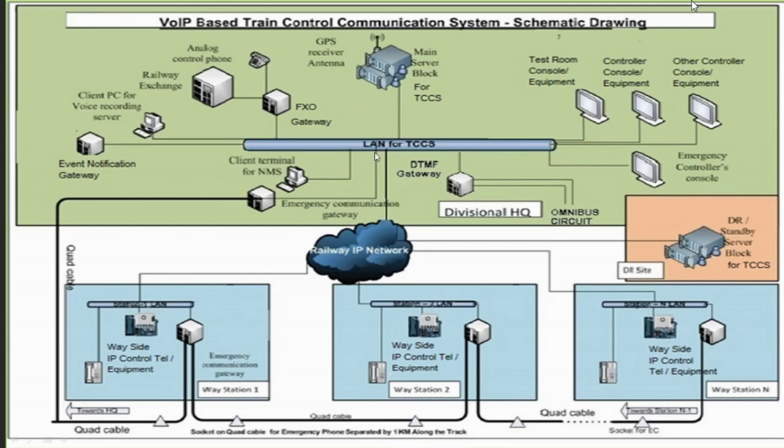In the other headquarter equipment, you will have the main server. The communication server is Linux based with the SIP protocol, and you will have an IP based voice recorder, which operates on a Windows based operating system. You have a network management server, which is also on a Windows based system. You will have one administrative IP phone for configuring the individual consoles in the network, and an FXO gateway for interfacing your exchange to that IP network. If you want some SMS based additional provision, you can use an SMS gateway. And finally, you will have one router with 4 Ethernet ports and 4 optical ports. All these will be connected to your layer 3 switch, which is programmable.